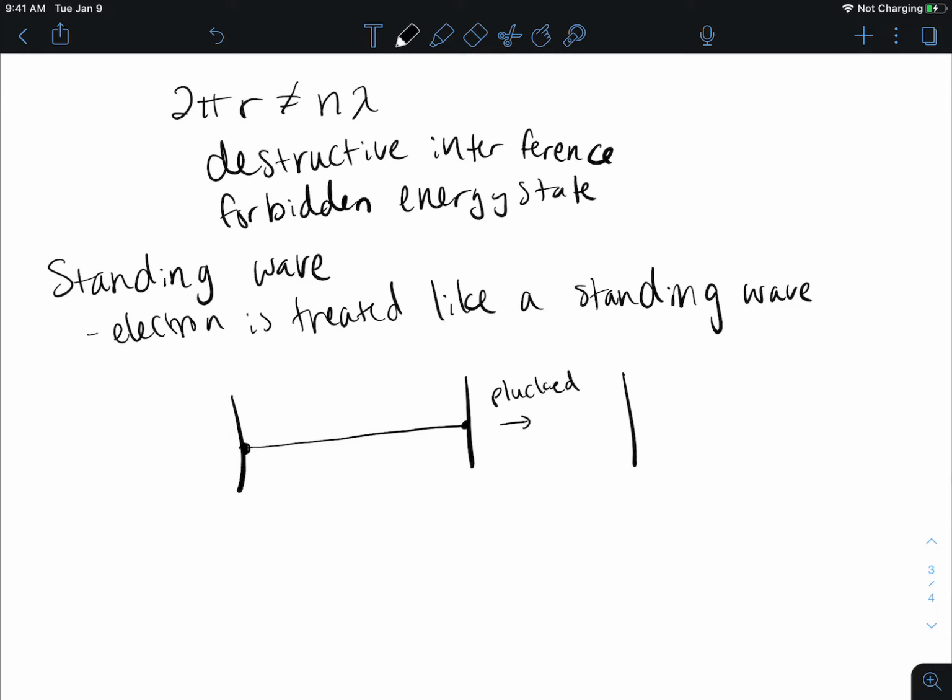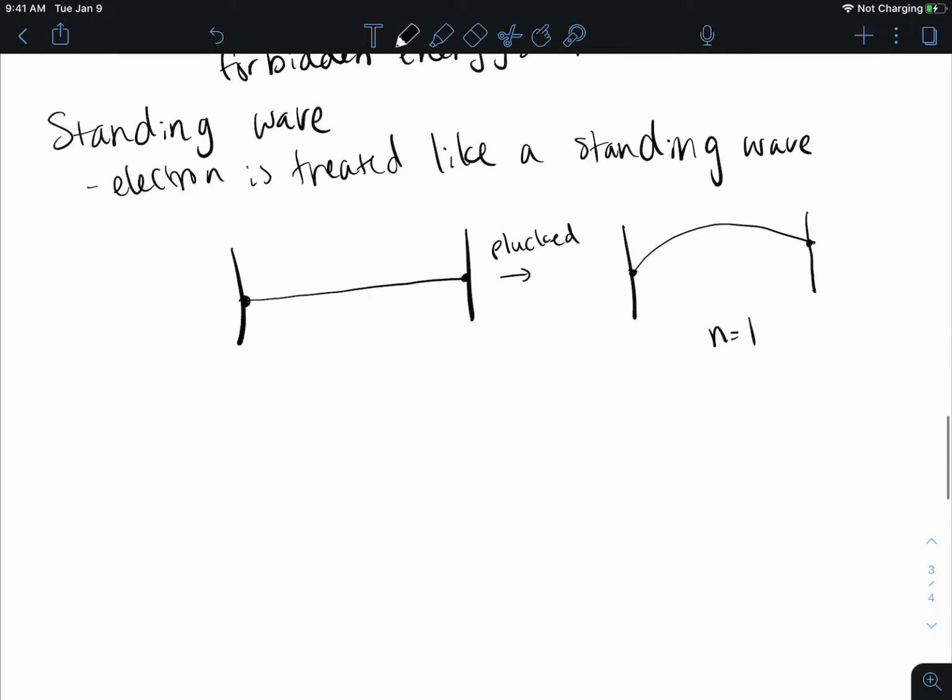And we can have n equals 1, or n equals 2,